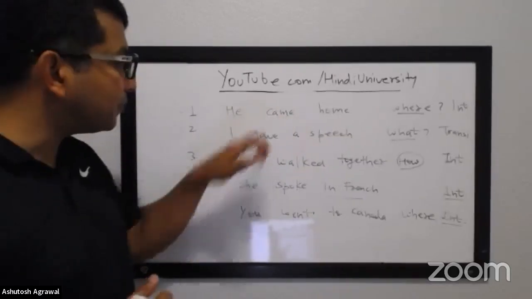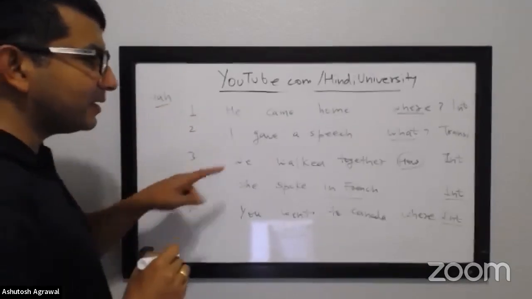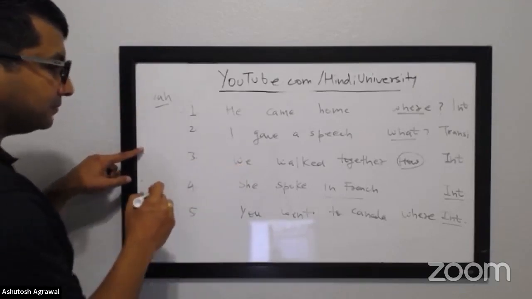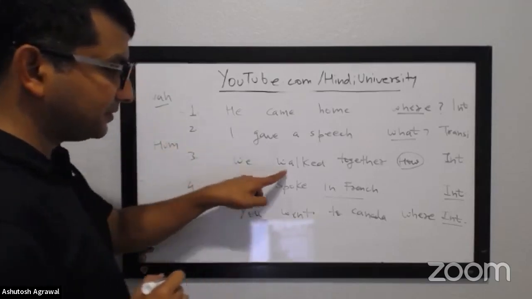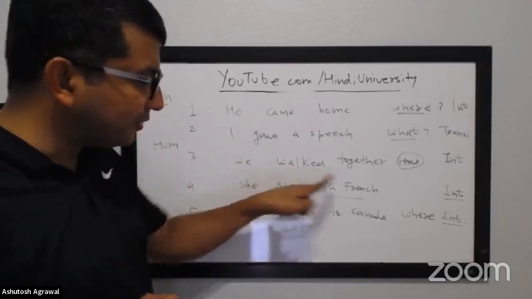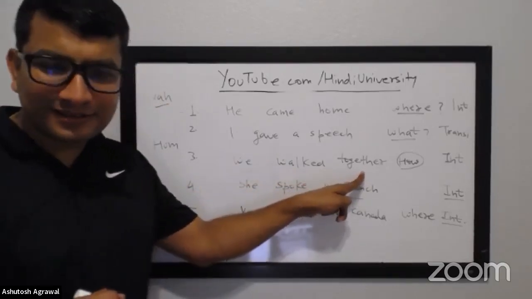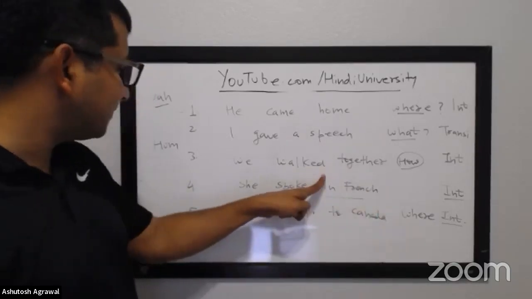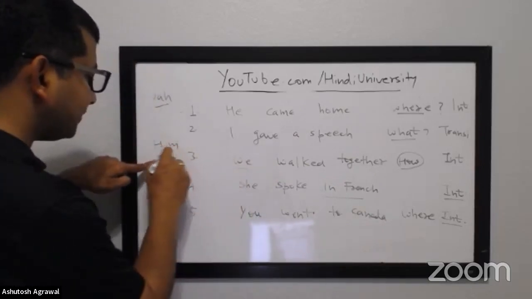Vah ghar aaya. The pronoun remains as is. You have the pronoun vah and you have it as is. Vah ghar aaya. And this one, we walk together, would be hum dono chale. Very good. And together would be saath saath. Hum saath saath chale. Again, the bottom line is when you said we, it doesn't change, it stays as it is.